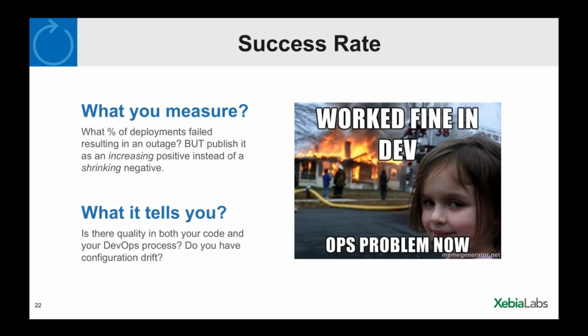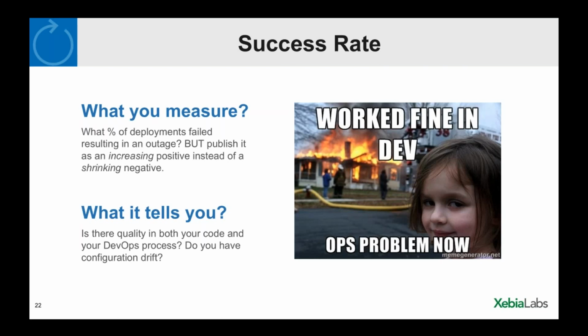So next, all right, we have some changes that are meaningful. We've quickly and frequently gotten them into production. Well, is it going to work when you get there? A lot of folks who talk about metrics will say failure rate, so measuring the percentage of failures. I would suggest, for psychological reasons, to call it the success rate. Rather than saying we had 5% failures, I think it's more helpful to say 95% successes. Obviously, it's a semantic issue, but these kinds of things are meaningful, especially if you have a big visible dashboard hanging in your office. I'd rather see 95% than 5% and focus on failures.